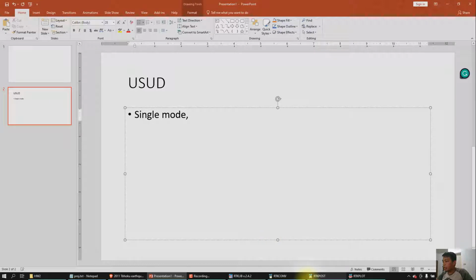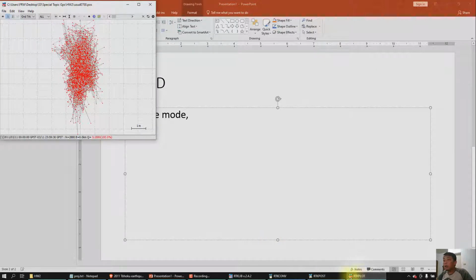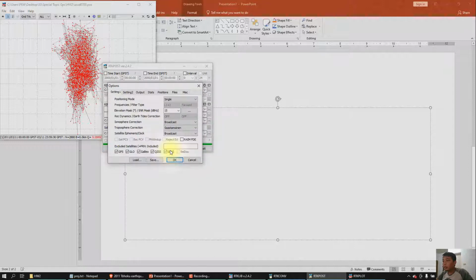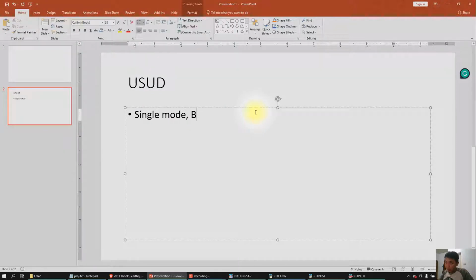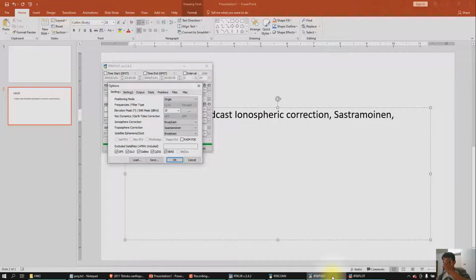And we need to mention the options: single mode, broadcast ionospheric correction, and Saastamoinen, using clock broadcast.